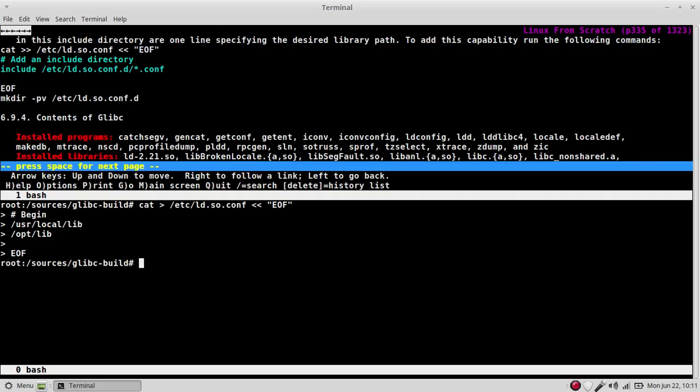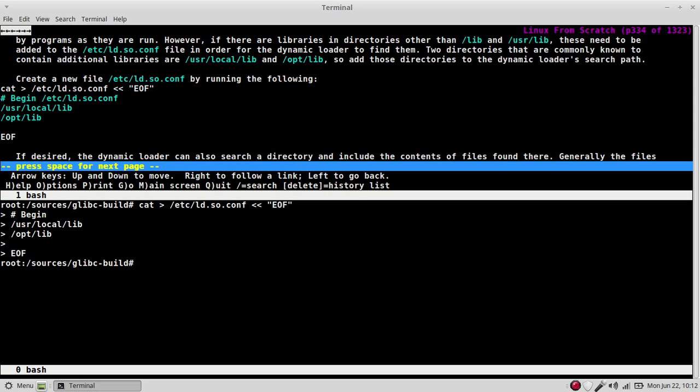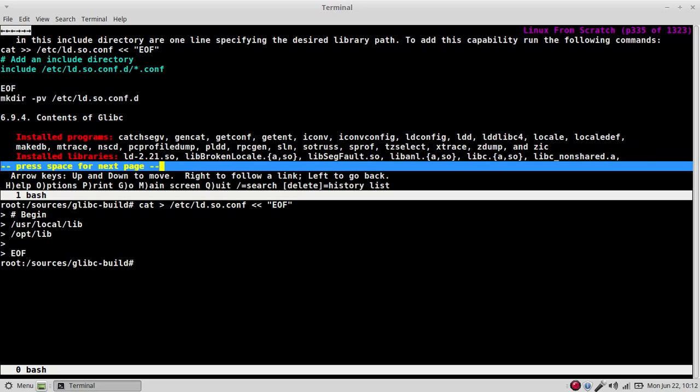See, it says in this include directory. In this include directory are one lines. What? Oh, no wonder why. Generally, the files in this include directory are one line specifying the desired library path. To add this capability, run the following command: